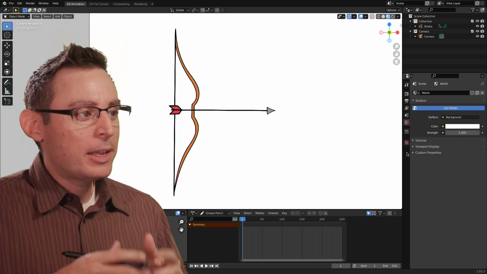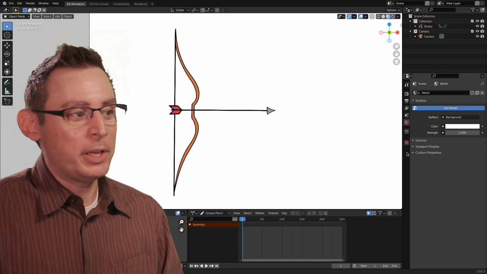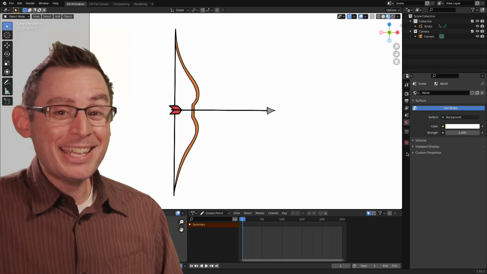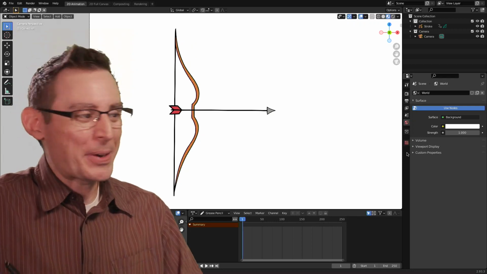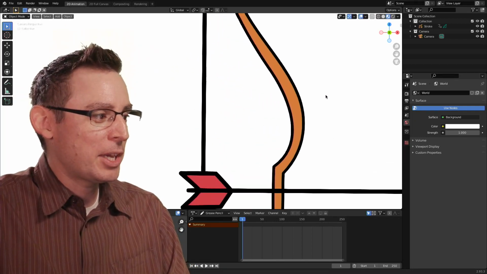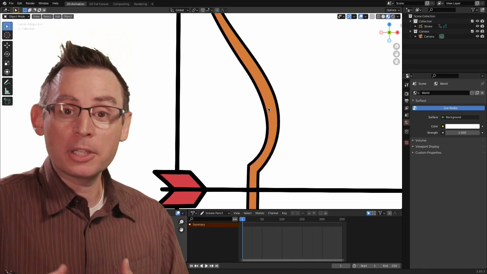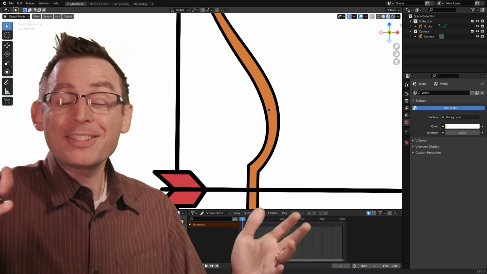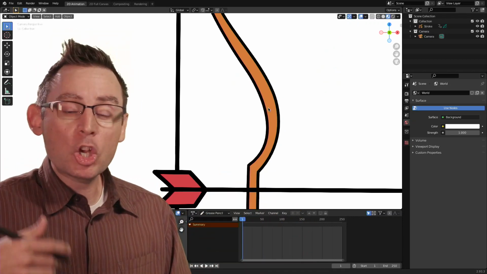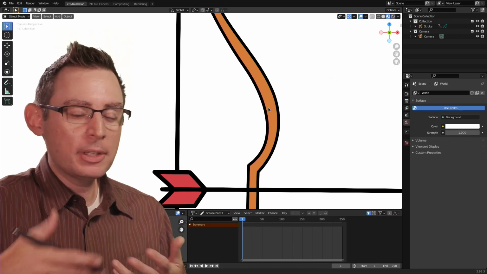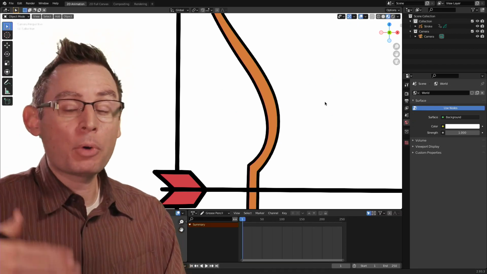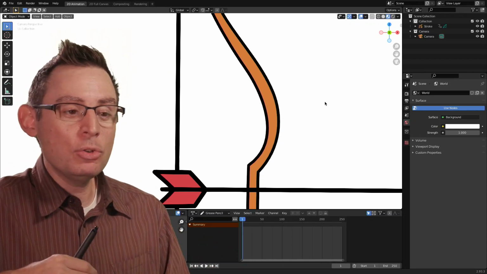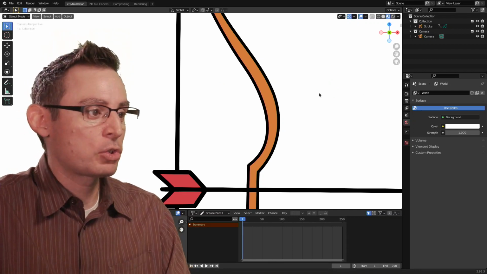Now, working with these strokes inside of Blender can be a lot of fun, and here are some great little tips and tricks to make editing and working with these strokes just a little bit better and a whole lot faster. Let me jump in so you can see here just a cool little bow and arrow scene project that I've provided to you. You're more than welcome to use this project file, or if you want to draw your own bow and arrow, that's cool too. I think that's a lot of fun. Either way, you're going to be working and editing with these strokes. Let's experiment and explore how we can make this process go a lot faster. And we're going to incorporate some keyboard shortcuts and some new handle types for our stroke editing tool set.